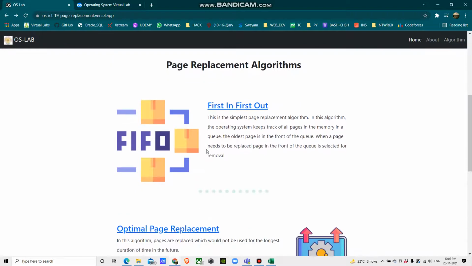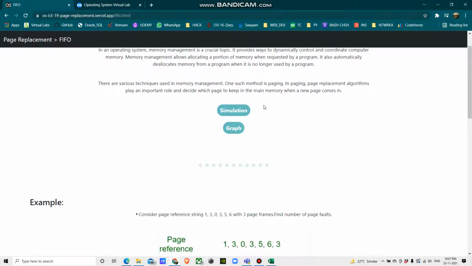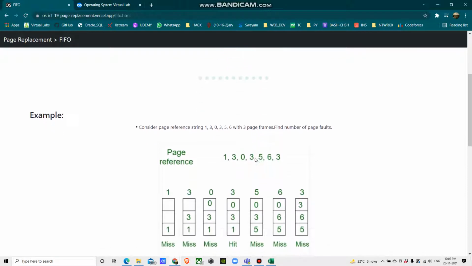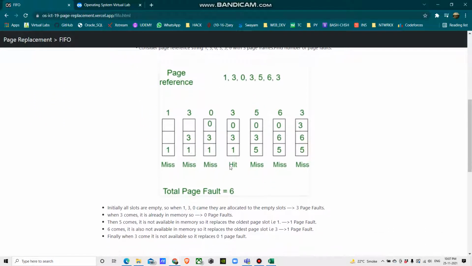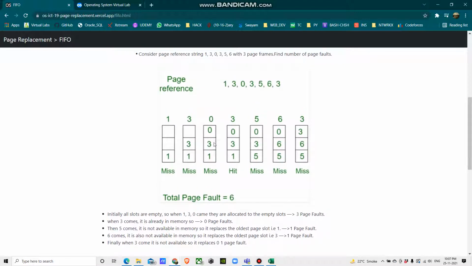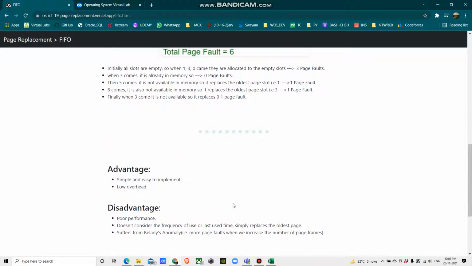After clicking the selected algorithm, you can see the explanation part of the first in first out algorithm. You can read all the teaching stuff, and this is the example we have taken for page replacement algorithms. This is how it works. This is how miss, hit, and total page fault occurs, and how we can calculate.